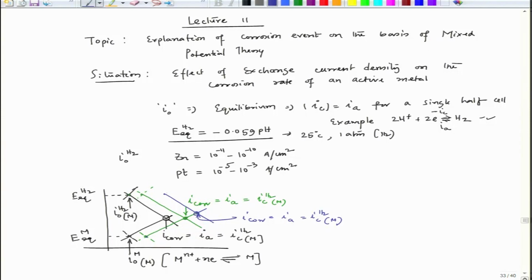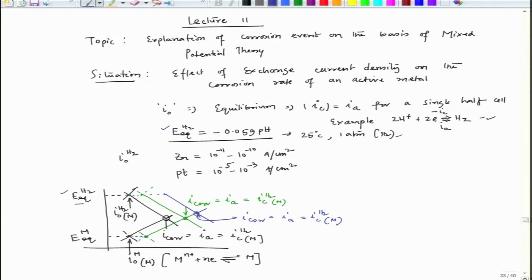So, here all the time this equilibrium potential remains fixed, and here also the equilibrium potential of the metal remains fixed, because we are considering the same amount of metal ion as well as the same pH value. So, it can only remain like this provided H2 is maintained at 1 atmosphere, temperature is 25 degrees Celsius, and everywhere the pH is the same, in all the acids, then this E equilibrium value will not change, because this equation says that this value cannot change.